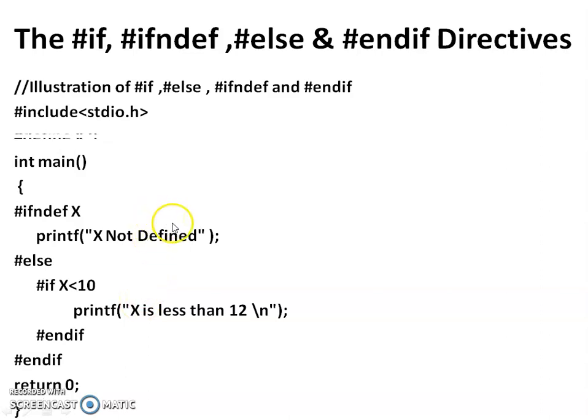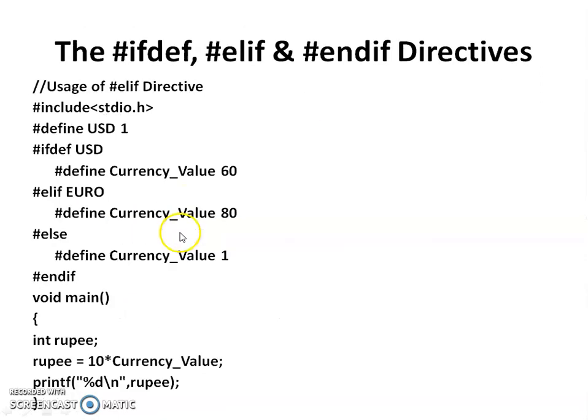So let's look into another example where I have used it as a part of the preprocessor directives. Now this is hash include stdio.h, and I have written hash if defined USD. It's a simple variable called USD. If USD is defined, and I don't have anything defined for USD right now, but I'm checking for the condition if defined for the USD. If it is true, in this case right now it is not true, then it is going to go ahead with the else part.